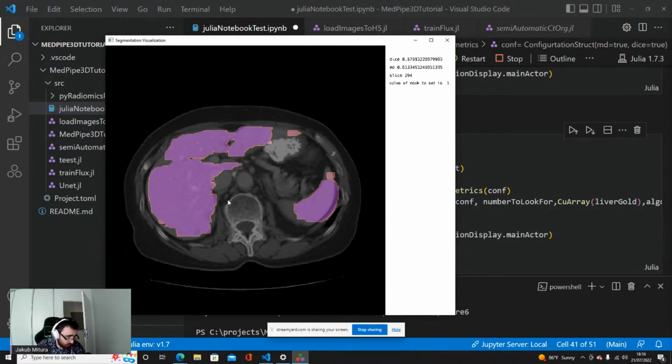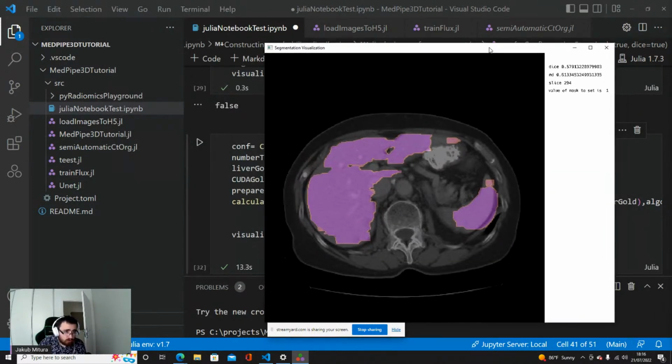From the dice metric, this error and this error, so this voxel here that is not in the liver and this voxel here that is in the liver, are equally invalid. And this is a big problem of the dice score. That's why a lot of researchers are now thinking about getting new metrics in order to look into it.